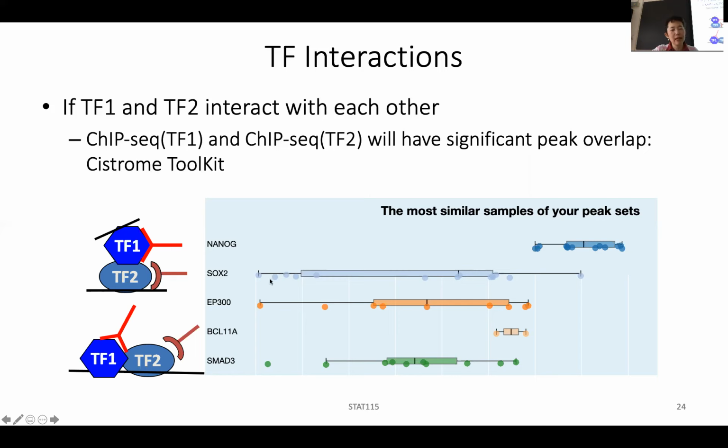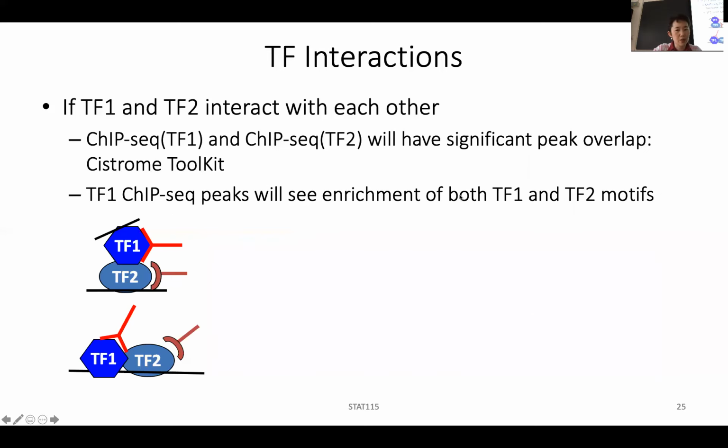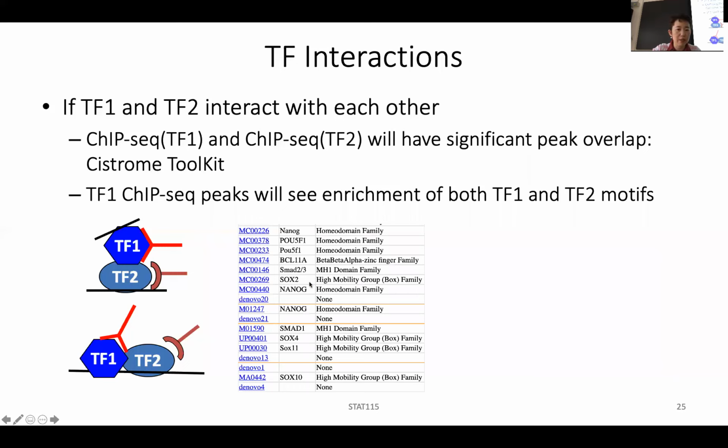But also you will say, SOX2 also has significant overlap with your factor, because SOX2 and Nanog interact a lot as transcription factors. So you can look at these types of interactions based on the peak overlap. You can also look at this directly based on the motif enrichment. So for example, if we were to do